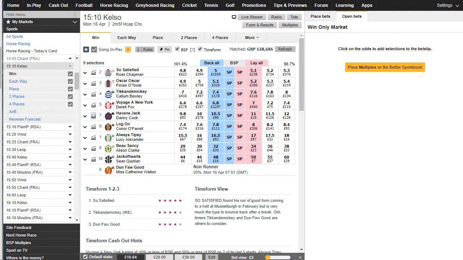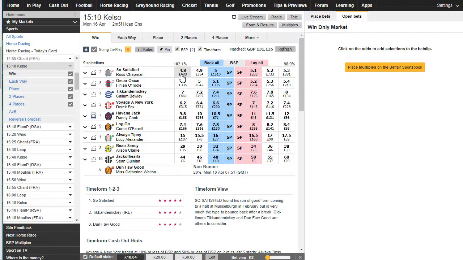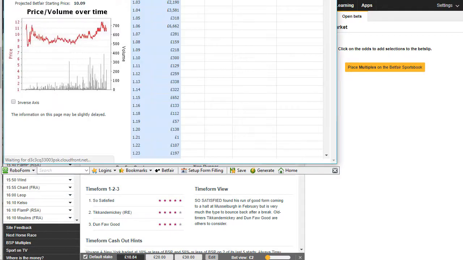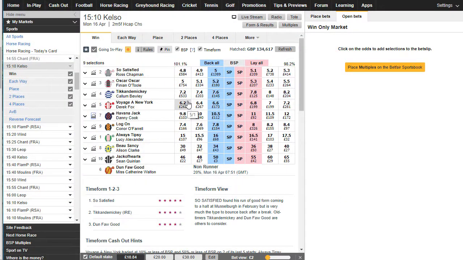So what we're going to do is, as I said, the time now is, it's only been about a minute, isn't it? 3 minutes, okay, 3 minutes. I'm going to wait until SP comes in. I often get tempted to trade these because they come down and they go up, and they come down, they go up, especially before the off. But what I'm going to do is wait for SP, and then we're going to go in play